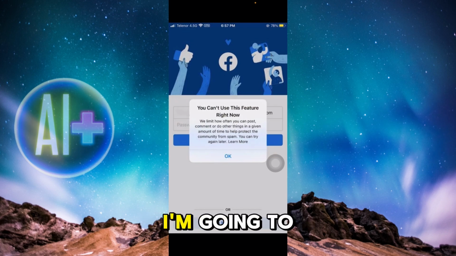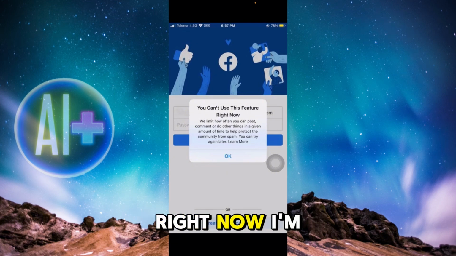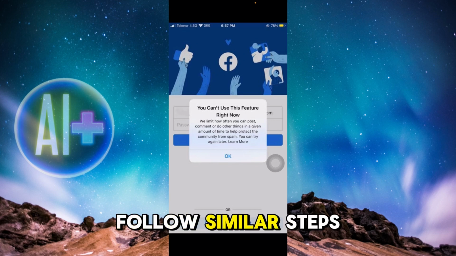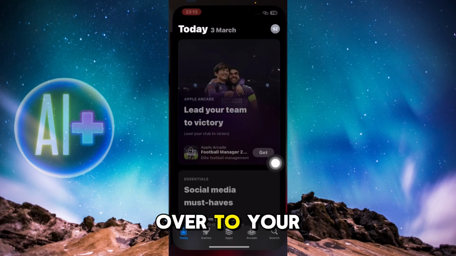In today's video, I'm going to show you how you can fix this issue of "You can't use this feature right now" on Facebook. Right now, I'm using an iOS device. However, if you're using Android, you can follow similar steps because the steps are the same on both of the devices. So what you're going to do is first of all, head over to your App Store